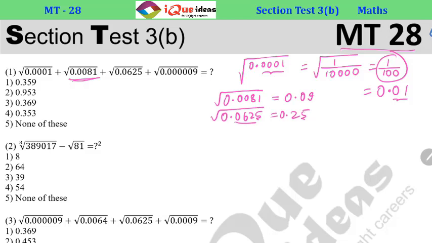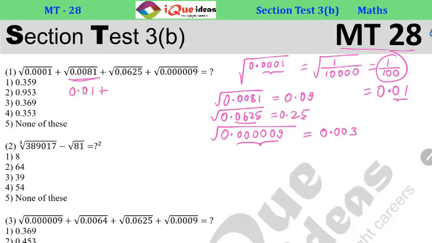And the last one is 0.000009. So there are 6 digits after decimal. So in square root, there will be 3 digits after decimal. So 0 point and 9 square root is 3. So this has to be written as 003, right? So our answer will be 0.001 square root will be